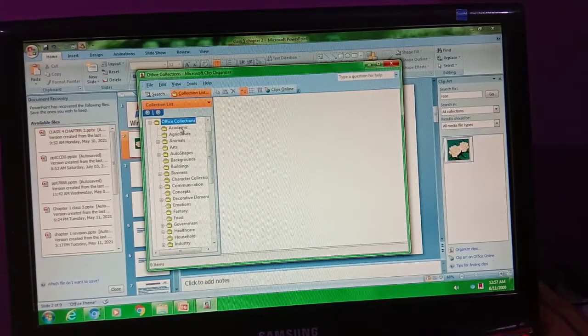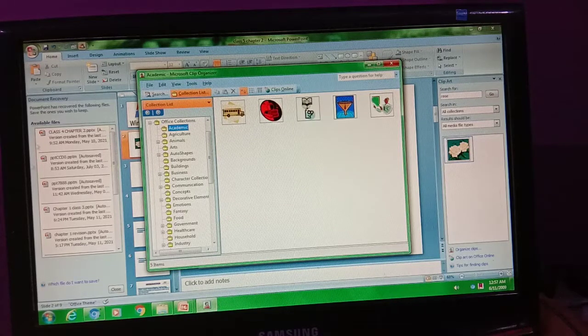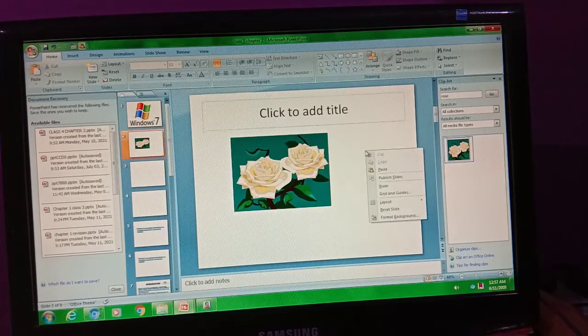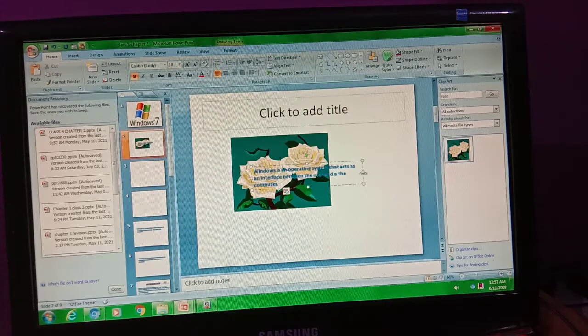For example, I want a picture of academic related. Okay, so this is a picture. I need to click on it, and click on the copy option. As I click on the copy option, just paste here. Wait a minute, this I need to remove first.